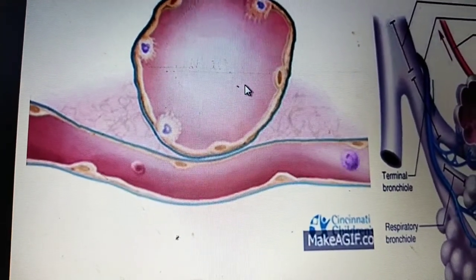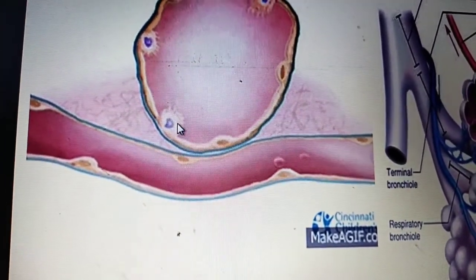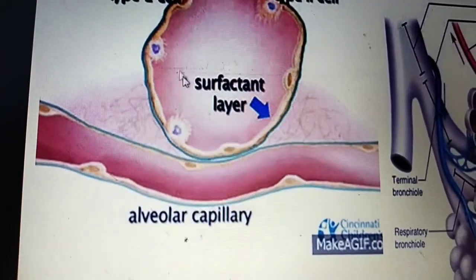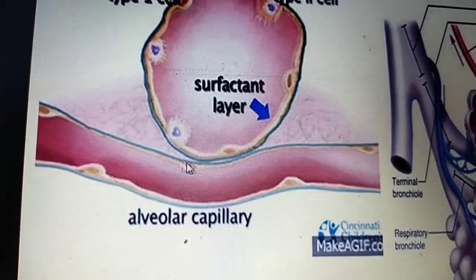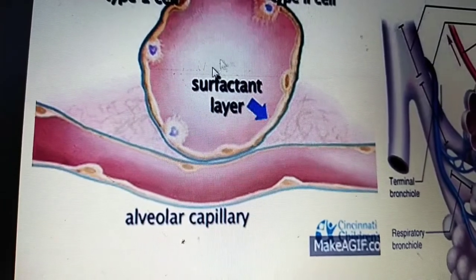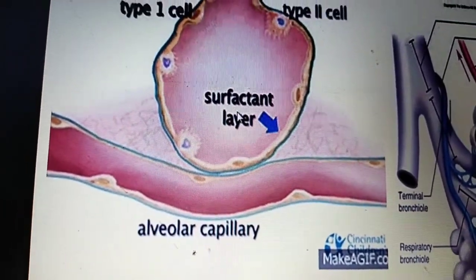And there is another type of cell, that is macrocytes. The function of these macrocytes in the alveoli is phagocytic: they engulf any foreign body, infection or other bodies present in the alveoli.